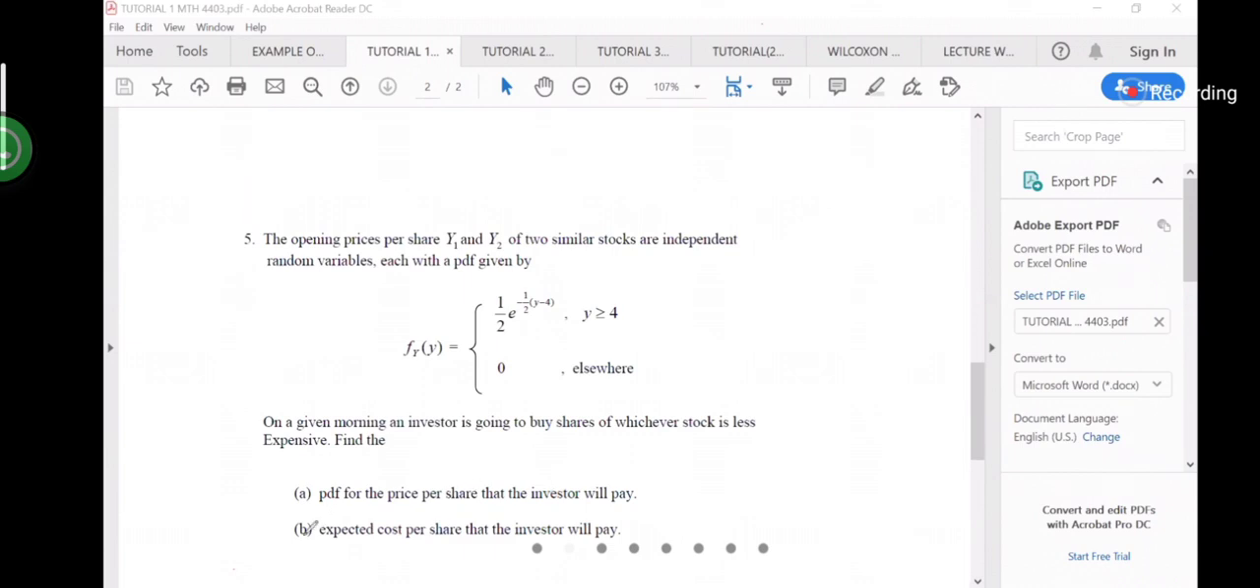Well, before that, I just want to ask you whether you get the expected cost per share. 5. Anyone has done this? You should get 5, right? You should get 5 here. Yes. The expected value is 5. So the PDF,